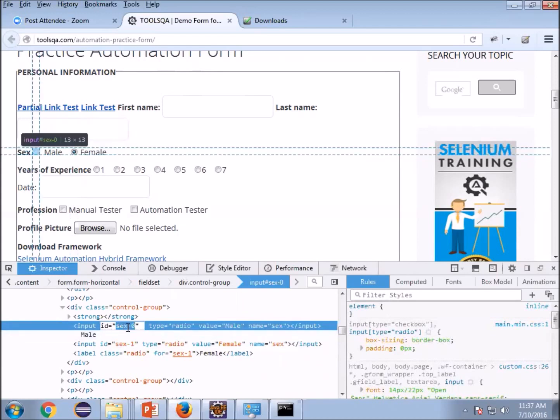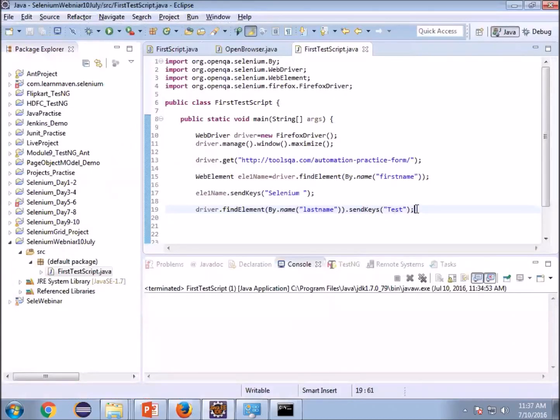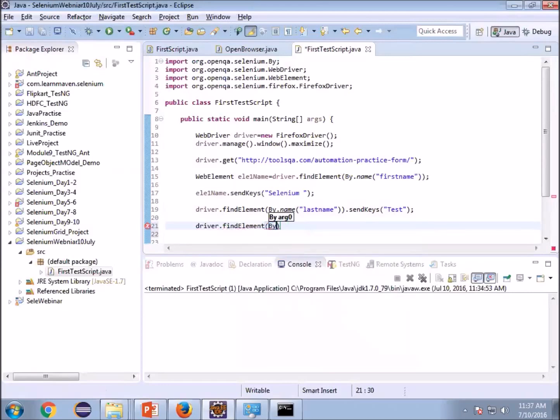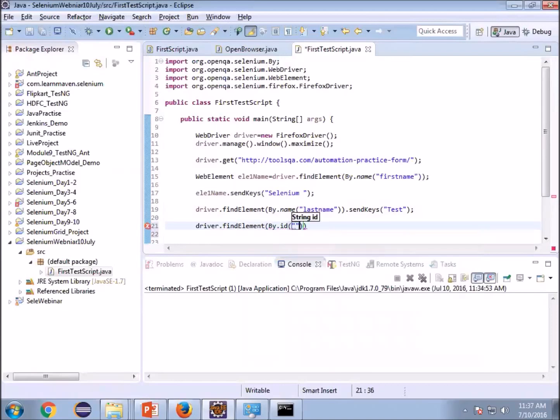Here the ID is 6-0, here it's 6-1. So I will take the ID from here, and I will use another locator, driver.findElement By dot ID.